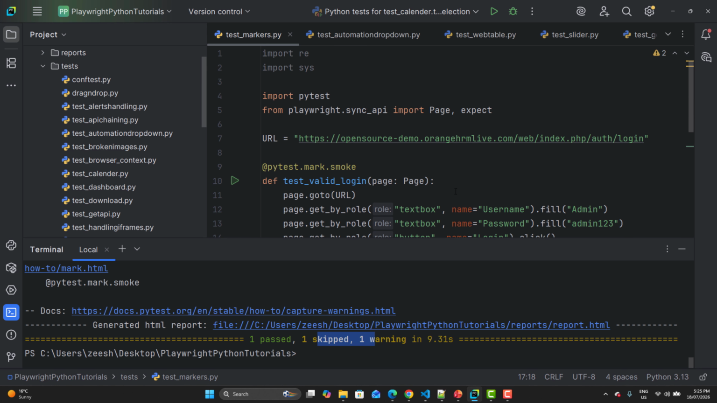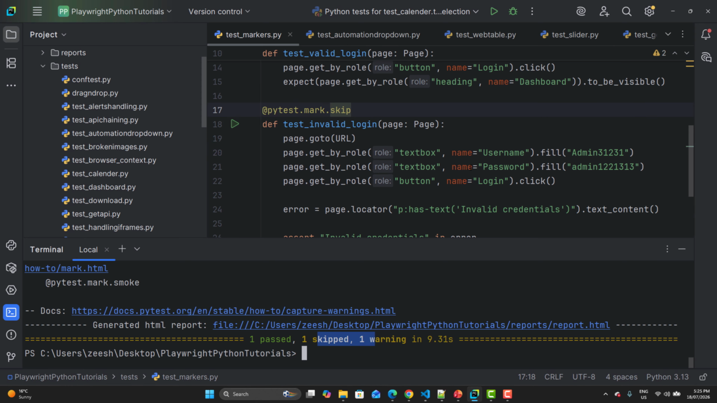So in this way, you can handle different kinds of scenarios where you want to execute only smoke, sanity, or regression test cases, or maybe all the test cases, or you may want to skip some test cases based on a condition. And where you know that a test case will fail because the bug is already reported, and you don't want to show it in the reports as a failure, you can mark it as xfail. So this is how you can use these and run selective test cases as per